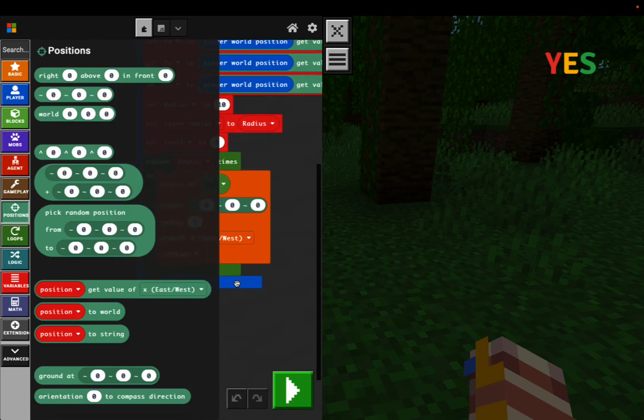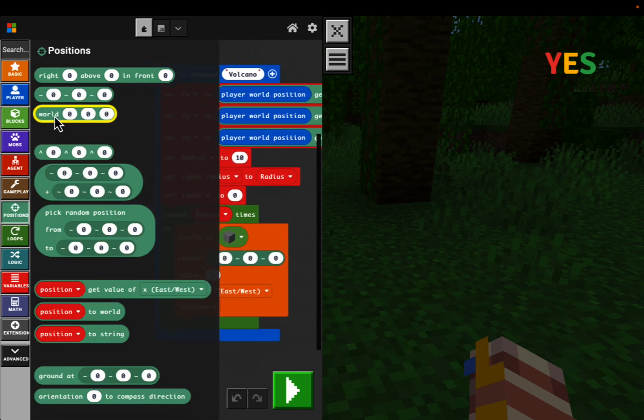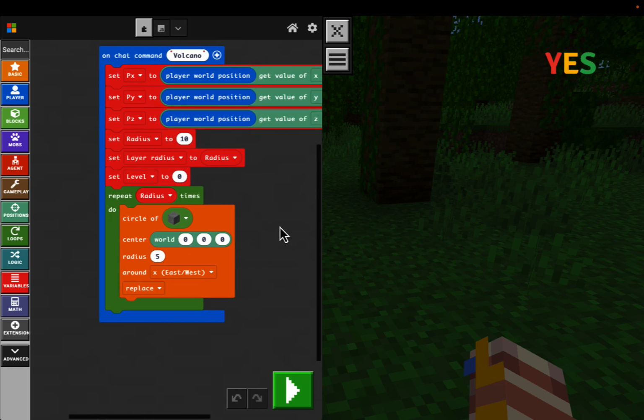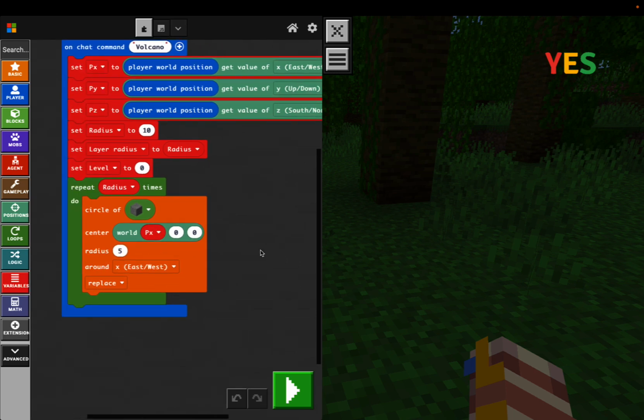And I think get the world, and put it in the center. And for the first value, it's the x, then put px. And for second value, it's py, but let's put py,